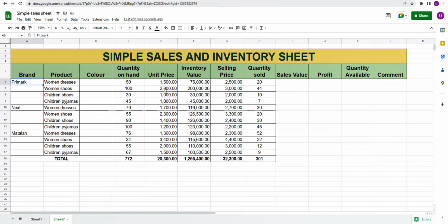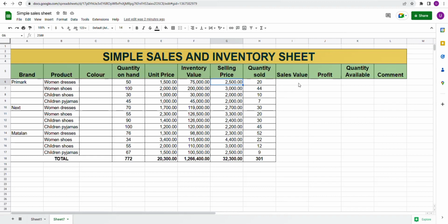Your inventory value is what I did by multiplying my unit price with my quantity on hand, so I got the inventory value. My selling price is what I decide, or what you decide, to sell the item for. So for this dress, I decide to sell each dress for 2.5, and your unit price might be your cost price. So my cost price was